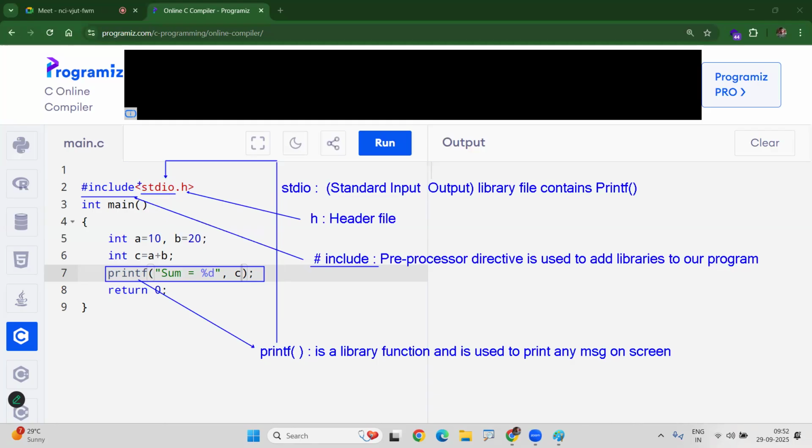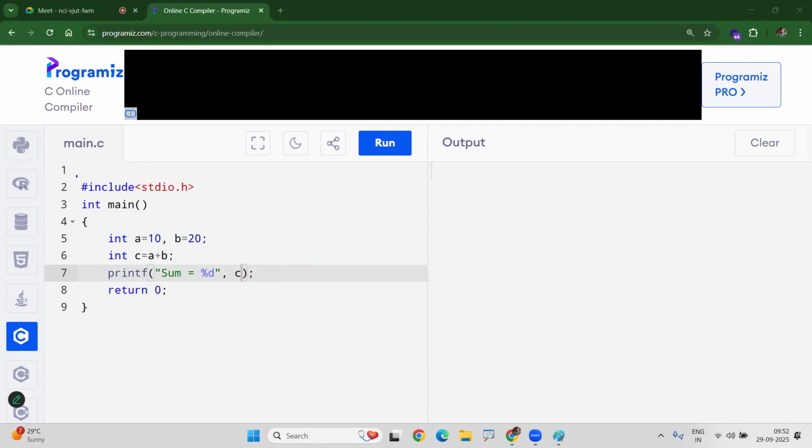How to add that header file? Using the #include preprocessor directive, we can include it. This is the one. So based on this, if anyone asks,